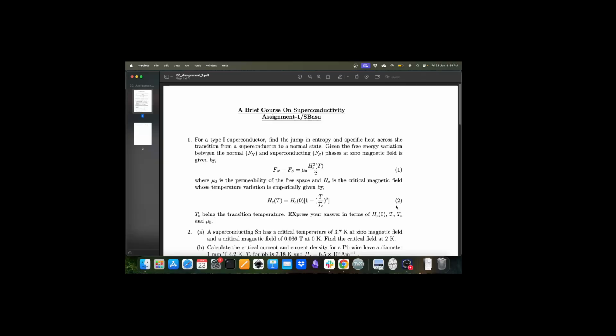Okay, so from here actually you can determine. So why for, you are already given Fn minus Fs, so no issue. Okay, so from this you just take the derivative and you get the answer, and the answer